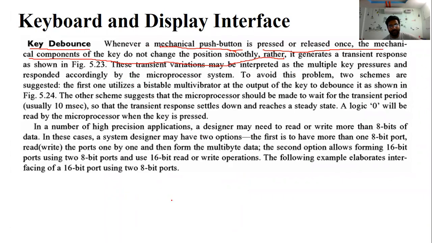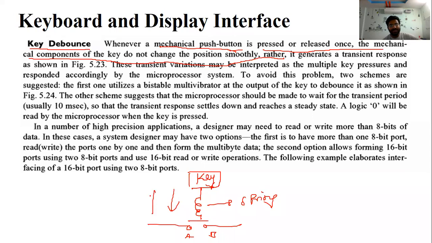As you know, this is the key with row A and column B addresses, and this is the spring. When you press or release the key, it does not happen very smoothly, somewhat roughly, because when you release the key, the springing action produces some vibrations.